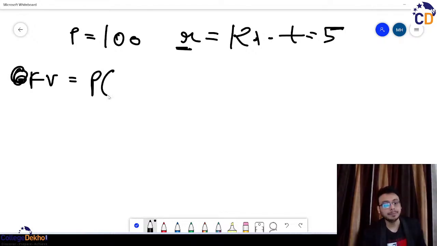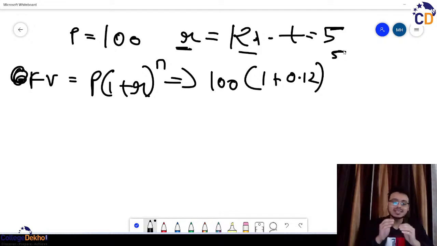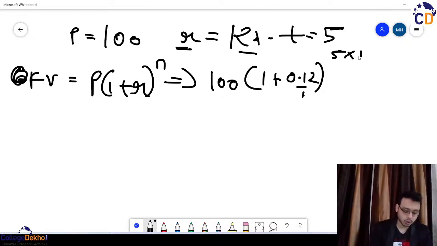Okay, P into 1 plus R to the power of N. We took the formula, which implies 100 into 1 plus 12% को परसेंटेज में कन्वर्ट करोगे 0.12, पीरियड हमारा 5 है, एंड सिंस इट इज एनुअली तो इट इज 1. ठीक है, ये 0.12 भी डिवाइड लाइक 1 से हो रहा है, एंड 5 into 1 हो रहा है बिकॉज इट इज एनुअली. Okay, so when we solve it, it comes out to be 1.12 to the power of 5,